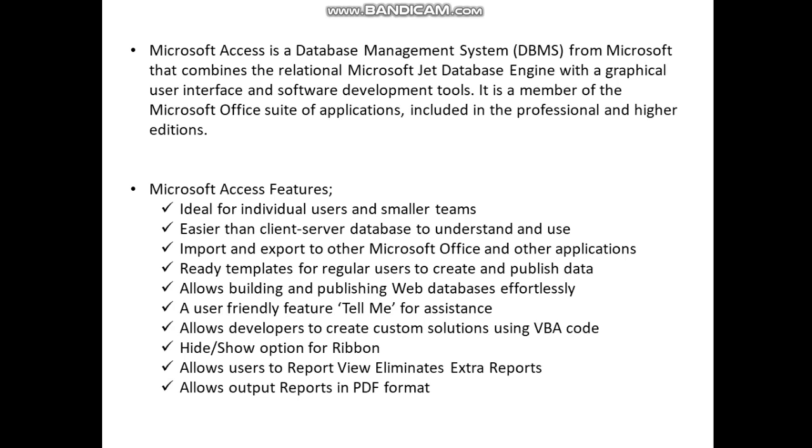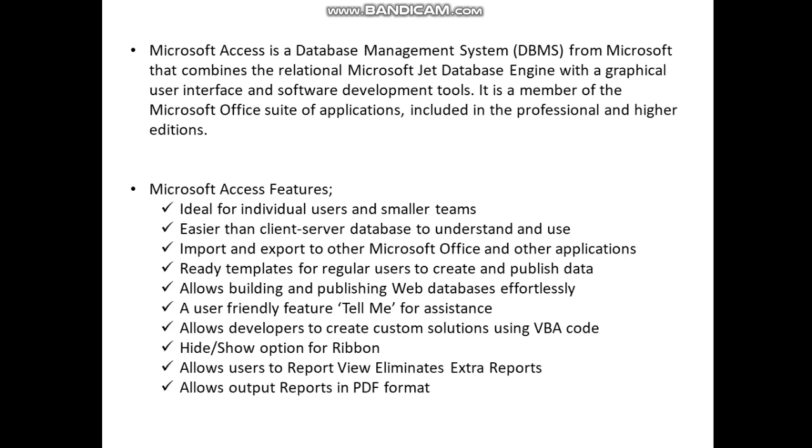Each individual entry in the table is called a record. Example, a student table, the fields or information about each student in a separate record.